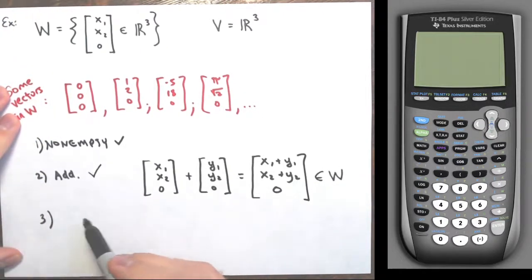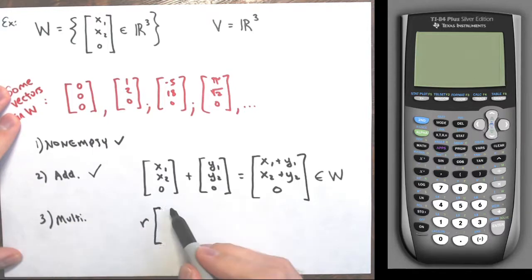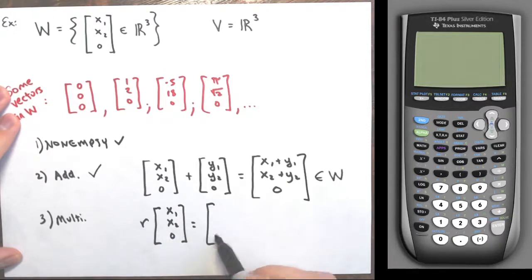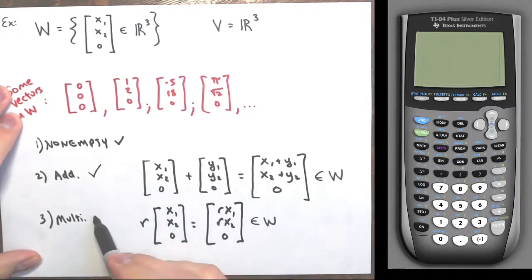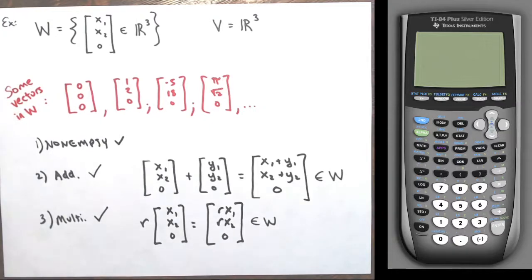And then take a scalar. Again, take, say, r times a vector from there, x1, x2, 0. And this would be rx1, rx2, and then anything times 0 is 0. So it still has that same look, right? There's a real number, and then 0. So yes, it's closed under scalar multiplication. Great. So yes, W is a subspace